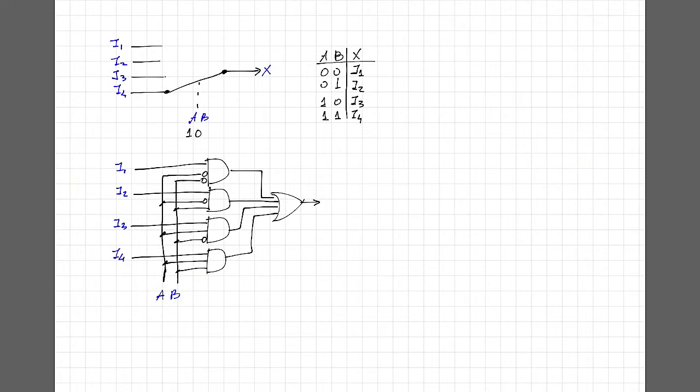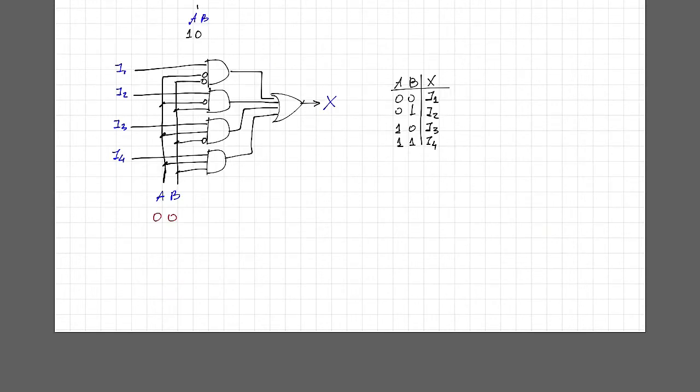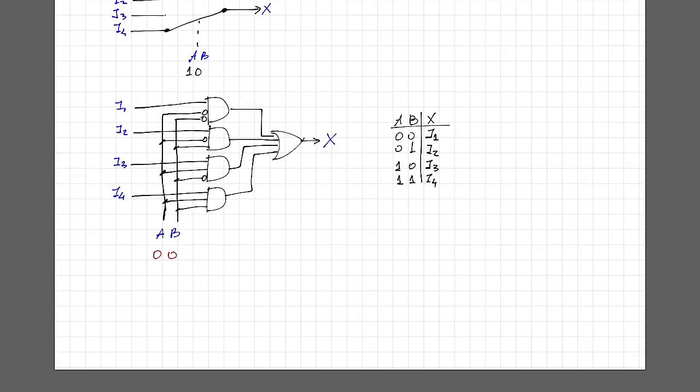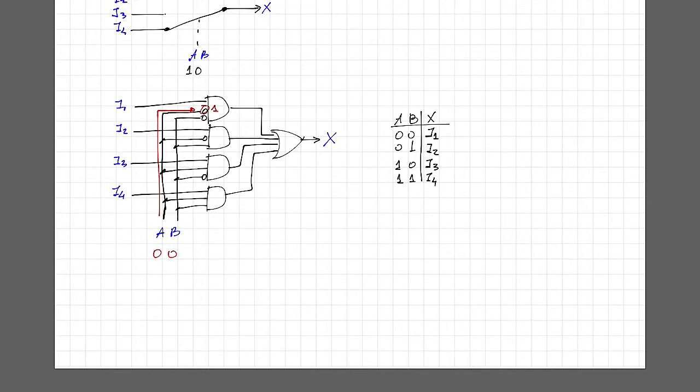And to understand better, let's test our truth table. Okay, for A equal to 0 and B equal to 0, you will notice that when we take these logic zeros into, let's say, the first AND gate, the bubbles will invert the values and input 2 logic 1s. With this, since 1 AND 1 is 1, this specific gate will output the value from the input data